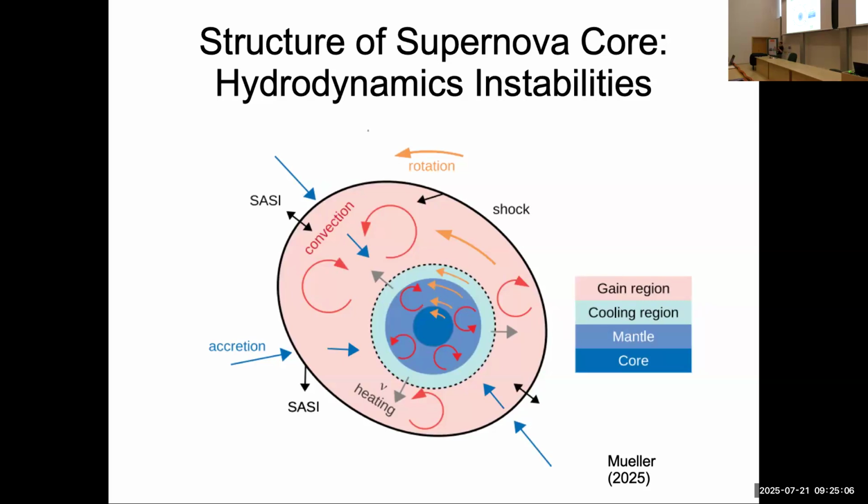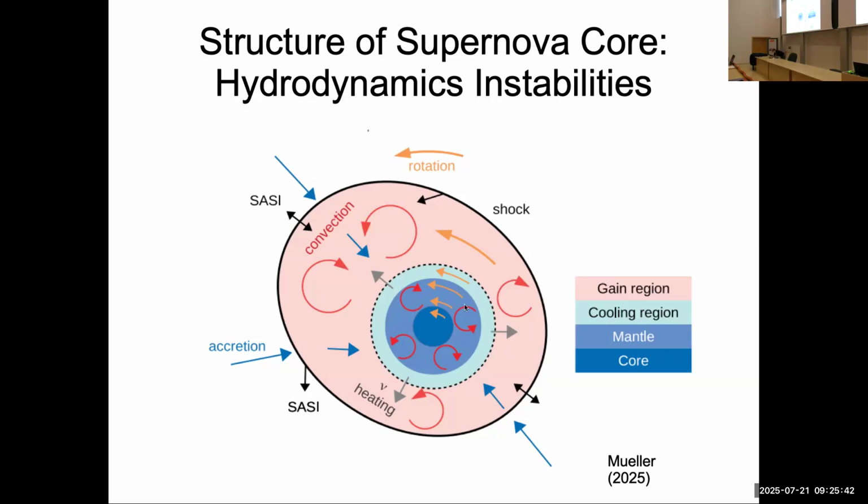Now, if you count all of them, there are lots of hydrodynamical instabilities that can occur in the supernova core. And of course, the hydrodynamical instabilities are also the one thing that is most interesting to us if we're coming from the perspective of the gravitational wave astronomer, because the non-spherical flow is what we see in gravitational waves, right? Spherical dynamics is boring for gravitational wave astronomers. Right, so the most important hydrodynamic instabilities,